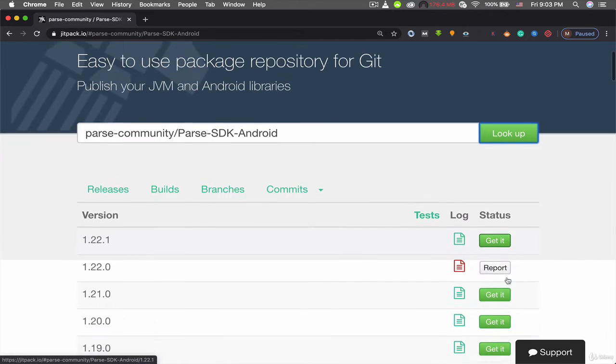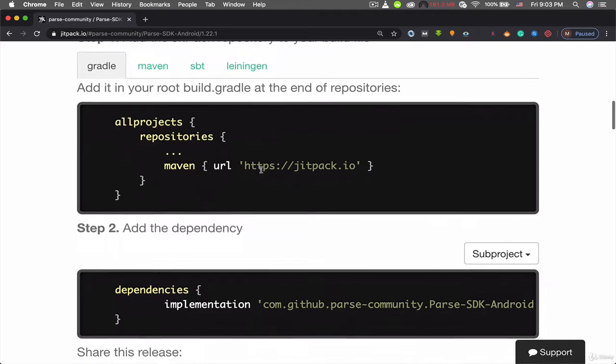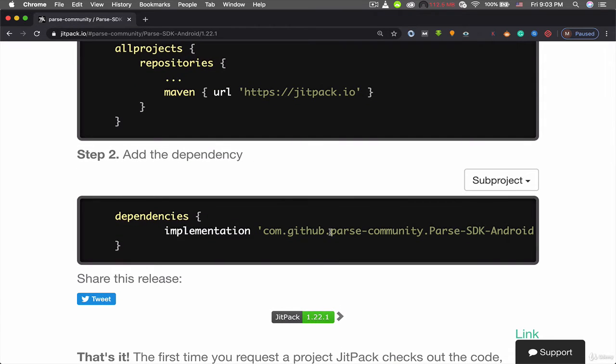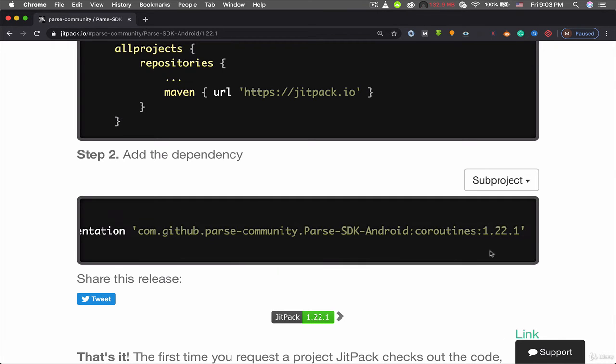So I'm going to click on this get it. Now it is showing me the process of adding the Parse SDK to Android Studio. We have already done that, but notice the latest version is this one,